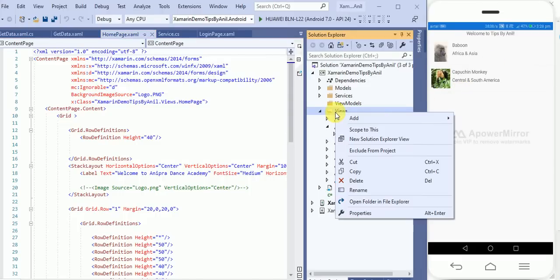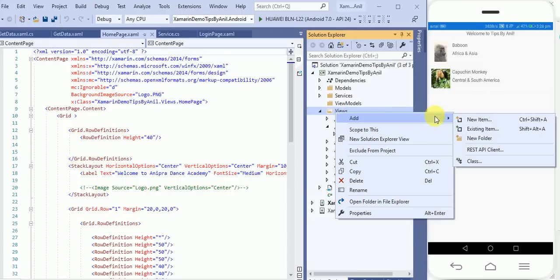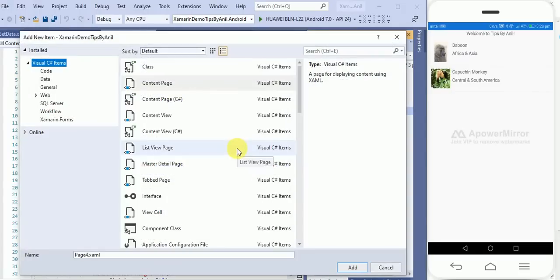In this video, I will only show how to populate static data in the list view. In my next video, I will show how to populate the data from SQL Server via ASP.NET Web API.